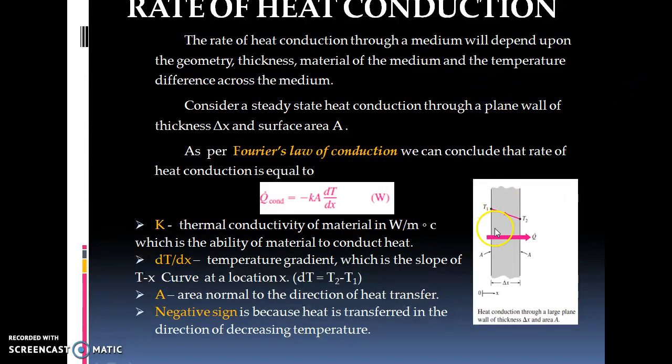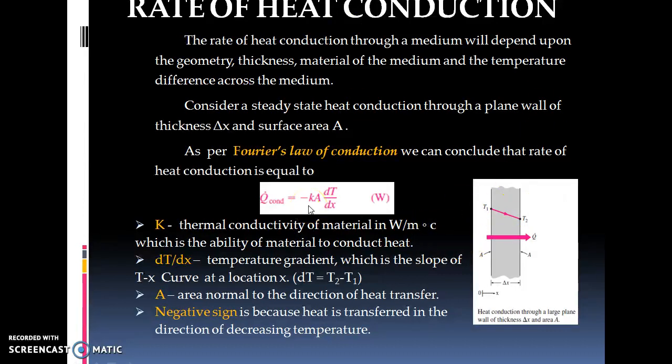Here a plane wall is considered. Consider steady state heat conduction through this plane wall, denoted as Q dot. Simply, Q is the amount of heat transfer, and Q dot is the rate of heat conduction. The thickness of this wall is delta X, and the surface area of the wall on both sides is A. As per Fourier's law of heat conduction,